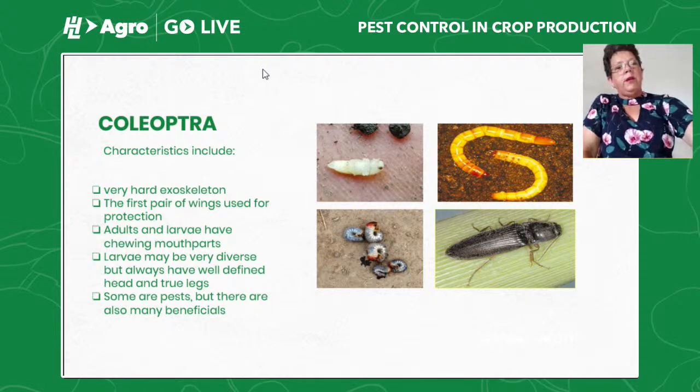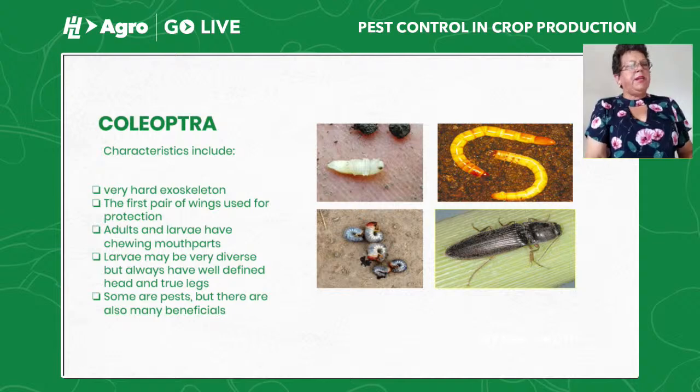Here you have white grubs on the lower left. Many of the Coleoptera larvae are soil pests and are difficult to control, because what kills a Coleoptera kills everything. You know, for Coleoptera there are no special molecules. The only thing that can kill Coleoptera and not kill all the beneficial insects are probably entomopathogens. Otherwise, everything that kills Coleoptera kills the rest.